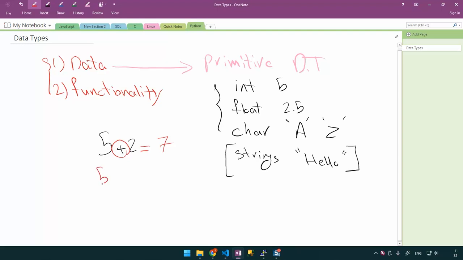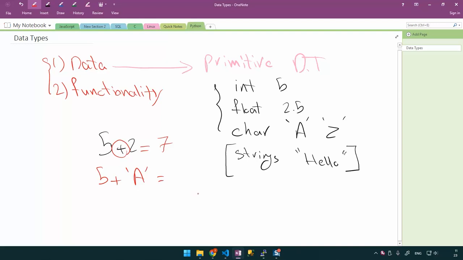What if I say 5 plus 'A'? What does that mean? Well, technically it has no meaning because you cannot add an integer to a character or subtract or multiply or whatever. So in order for the compiler to understand what to do with the operators, data types come in, and you need to be very specific so the computer knows what to do with it.